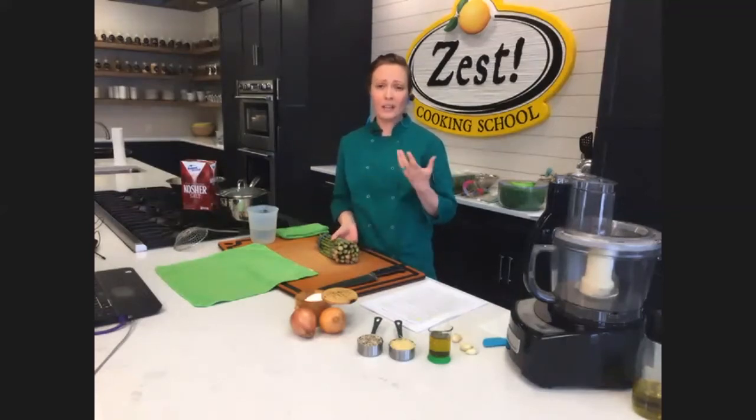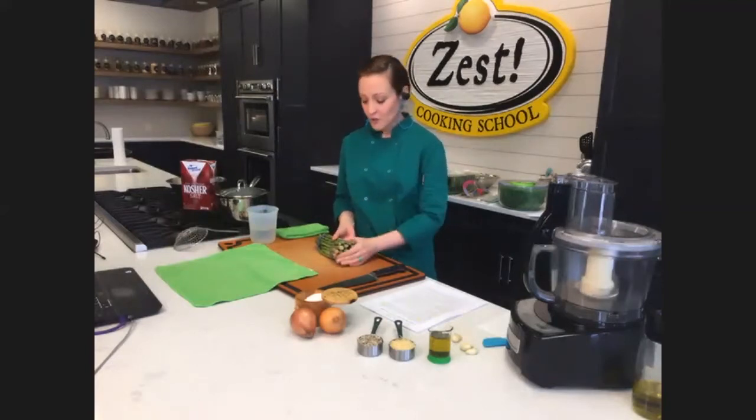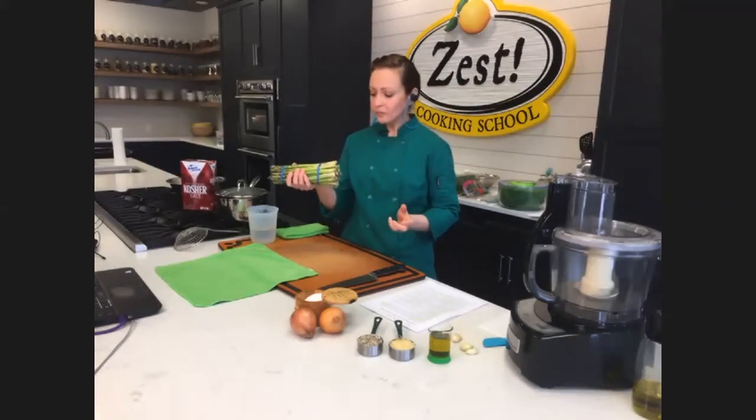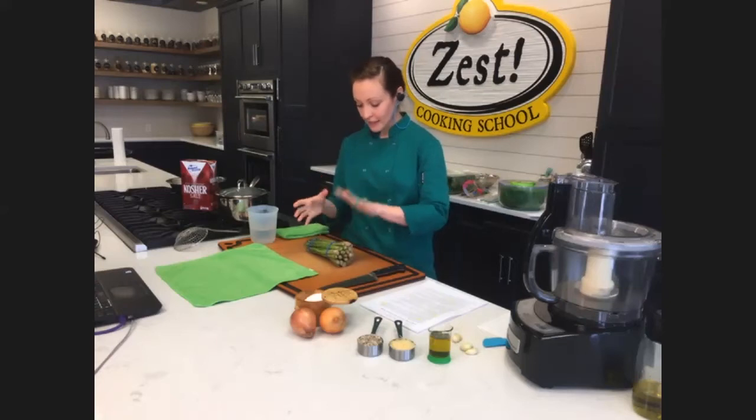You can also buy, I see sometimes in the grocery stores, a vegetable wash. But straight up, just regular vinegar works really well to help clean your produce, in addition to running them under water. So when I get my asparagus home, I'm going to wash it just like I did already here, and then